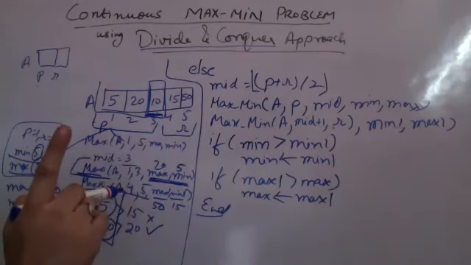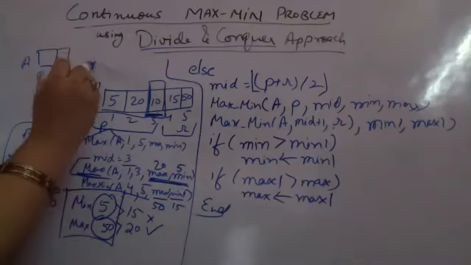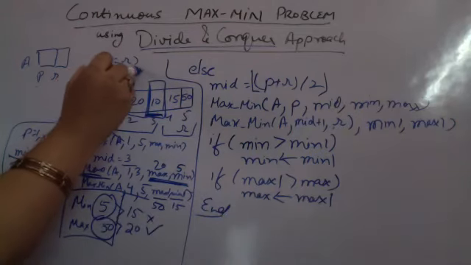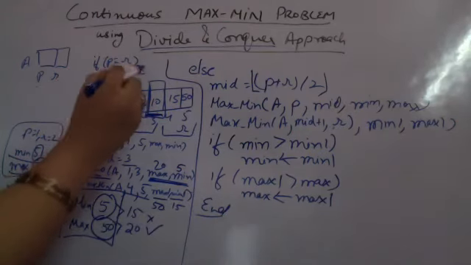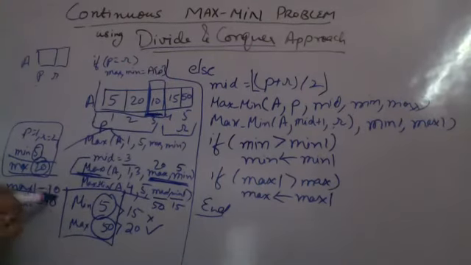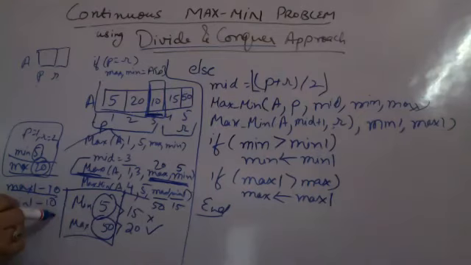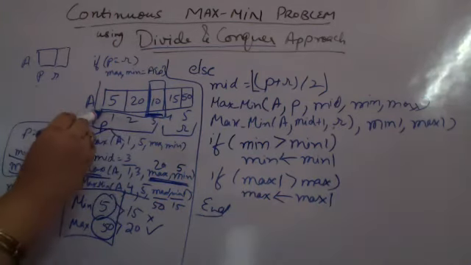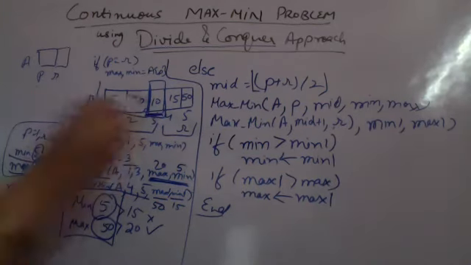The first if condition was saying if P is equal to R, then max and min in that case are equal to A of P. So max 1 and min 1 here is 10 only. Max 1 and min 1 कौन सी कॉल की है ये? जब आपने इस कॉल को ब्रेक किया था तो एक कॉल हुई थी 1 से 2 के लिए, एक कॉल हुई थी 3 से 3 के लिए.